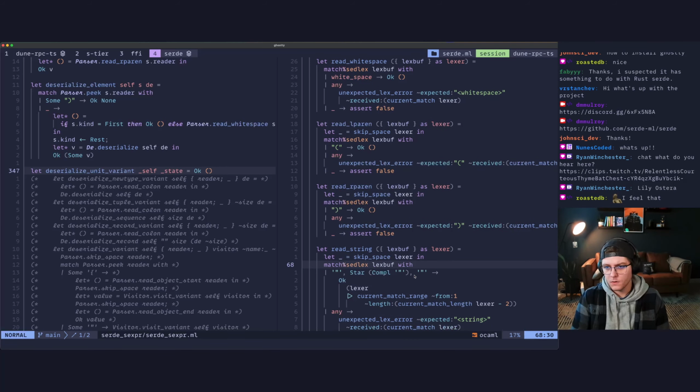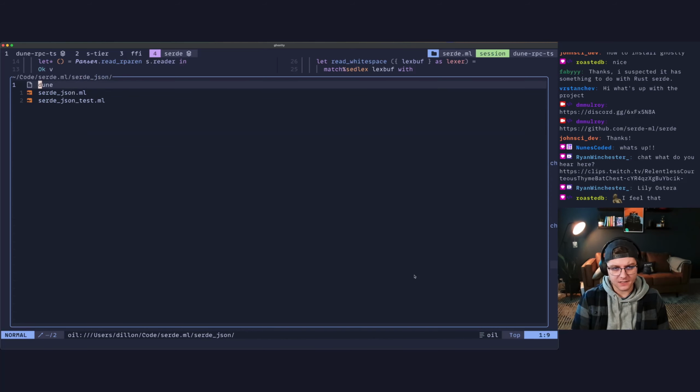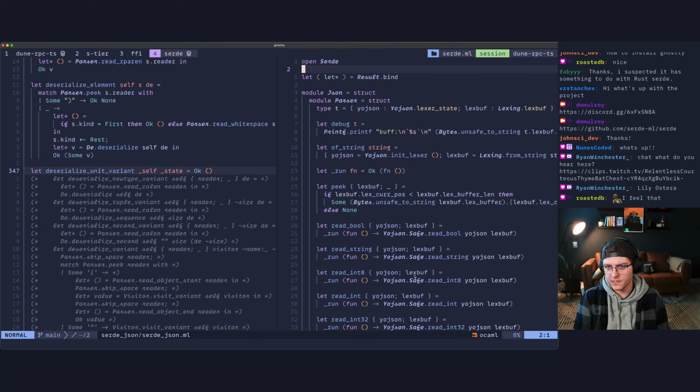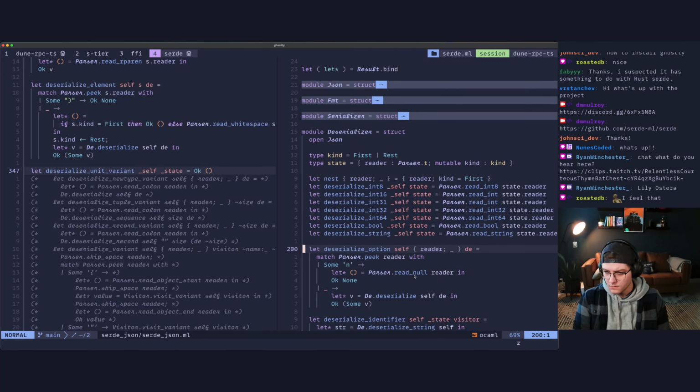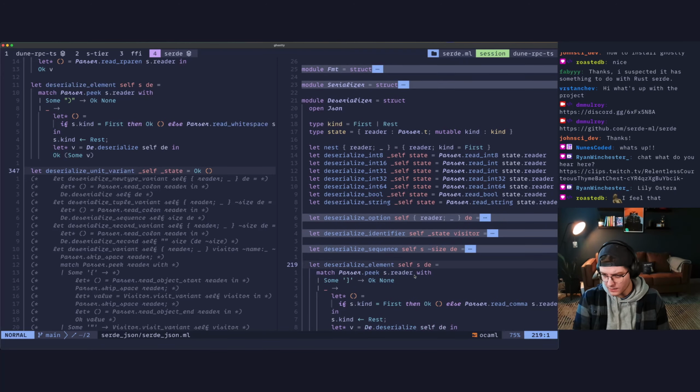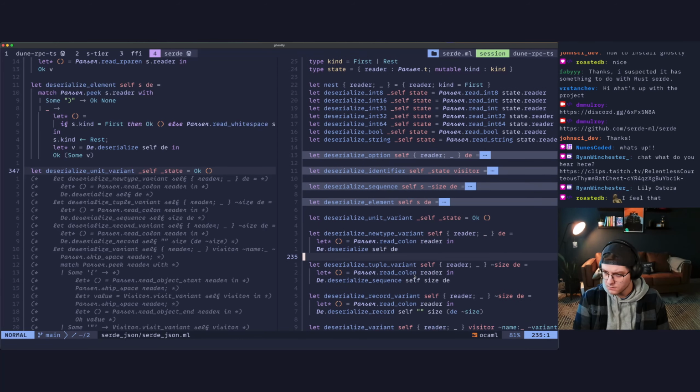Okay. So let's go look at the JSON deserializer again. Don't need that, don't need that, don't need that. Okay, so we can probably read colon. So we probably need to look at how we are,